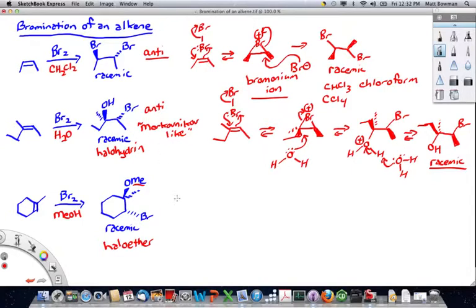Again, the reaction is pretty much the same reaction, where the first step is formation of the bromonium ion,